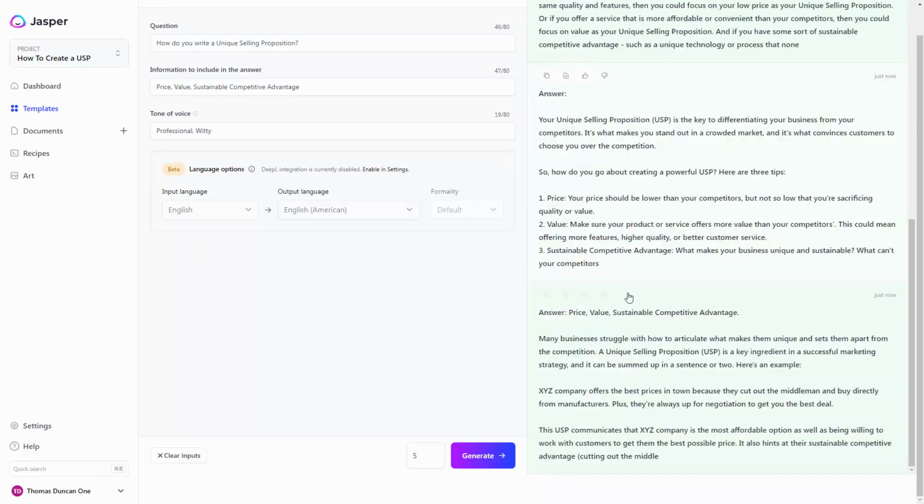So basically, what you've done is you've fed Jasper a specific question, and you've given it specific words that you want to find in the answer. You give it a tone, and then Jasper has given you an answer for you to work with to create on the